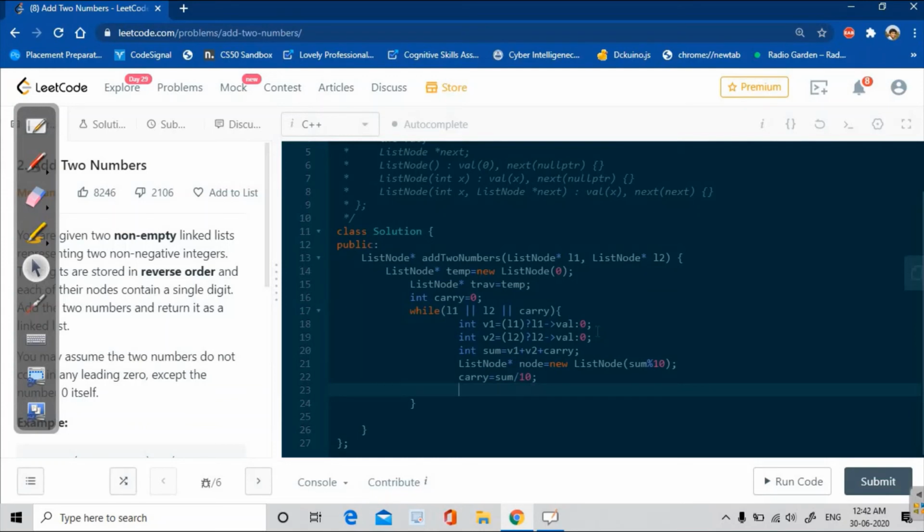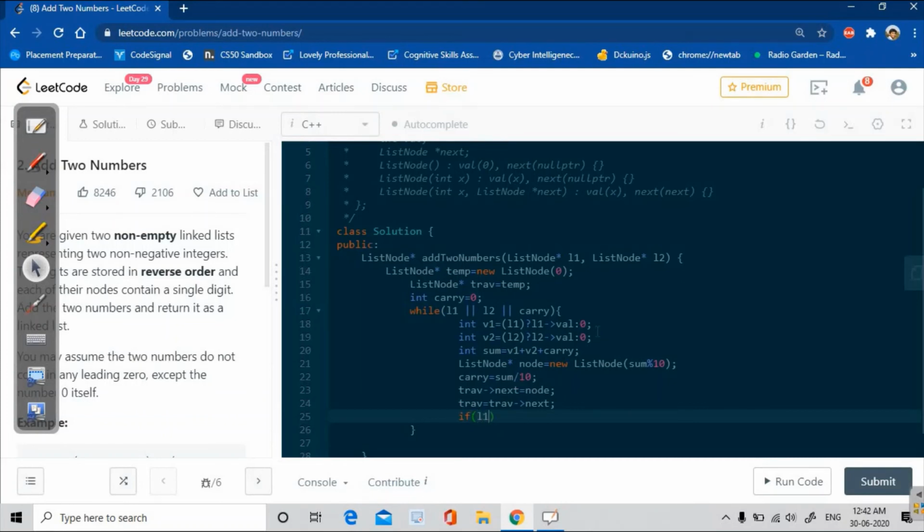After that, in traverse next, I will store this new node which I have created, and I will move my traverse pointer forward to next. And I have to move list L1 and list L2 forward to the next node.